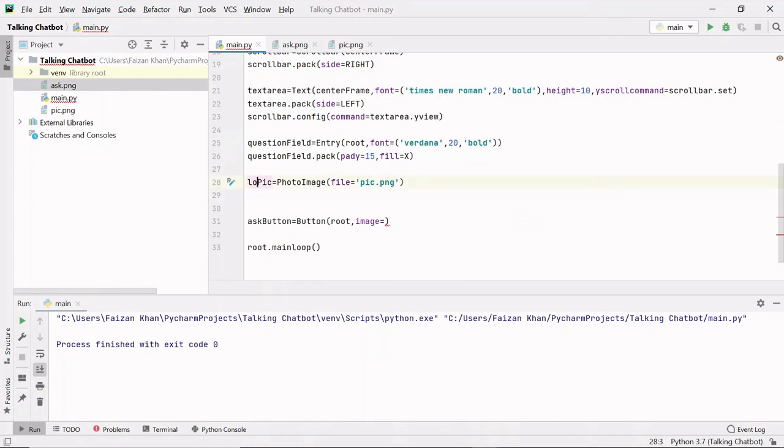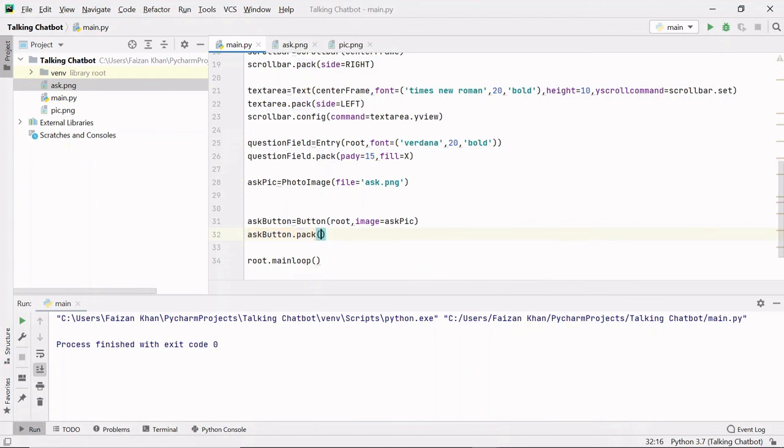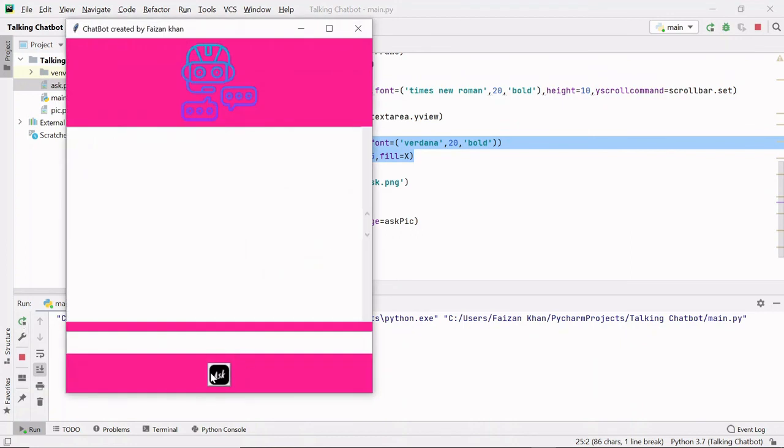So this one will be ask pic, and here I'll change this file name to ask.png, and now I can pass this ask pic to this image keyword argument. And now I can pack this button. So I'll write ask button dot pack method. Again, I am not passing any side, so this will be just after this question field entry. Let's see. So this is how it looks.